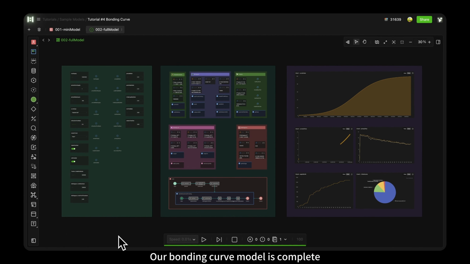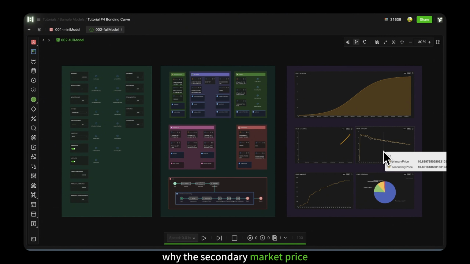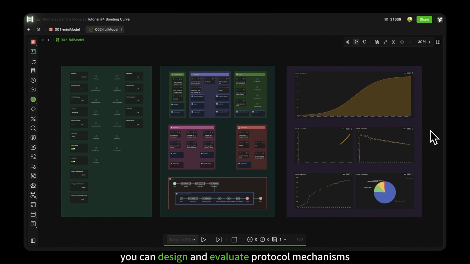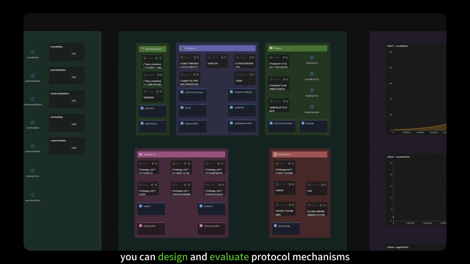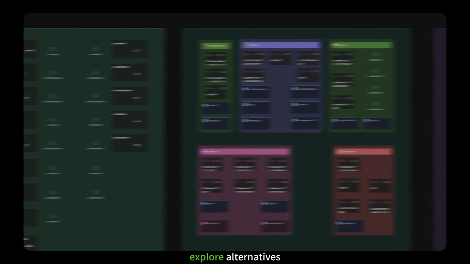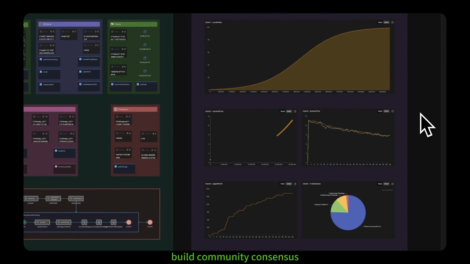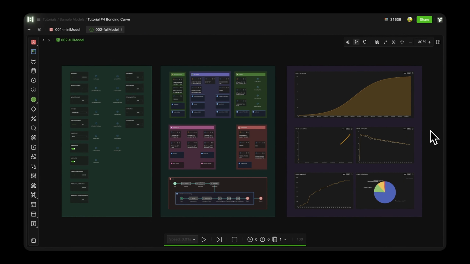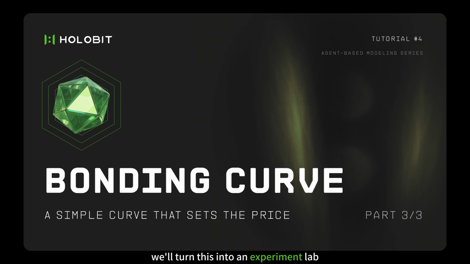Great. Our bonding curve model is complete. We've shown the mechanism, why the secondary market price fluctuates around the protocol price. With tools like HoloBit, you can design and evaluate protocol mechanisms, explore alternatives, and communicate value faster to build community consensus. That's our bonding curve modeling introduction. Thanks for watching. In the next video, we'll turn this into an experiment lab